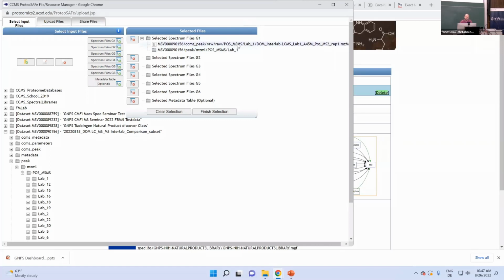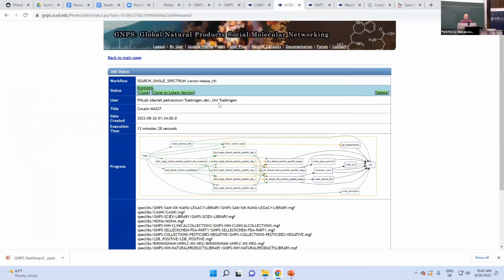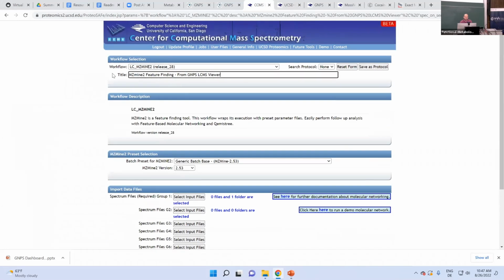So I just click on that so it's highlighted, and then click here on this remove spectrum file button. And now I only have all the MZML files from lab 1 selected. I hit finish selection, and then I have to go back here, and then I give it